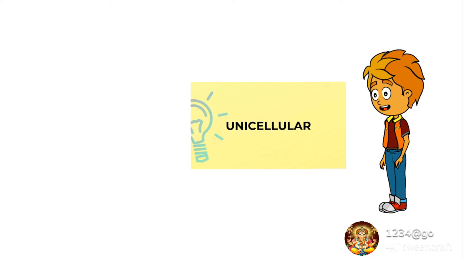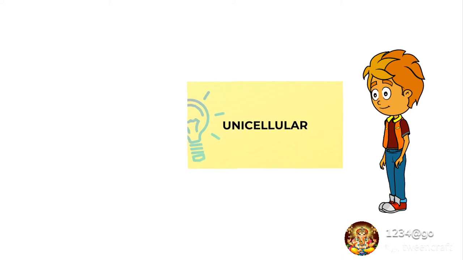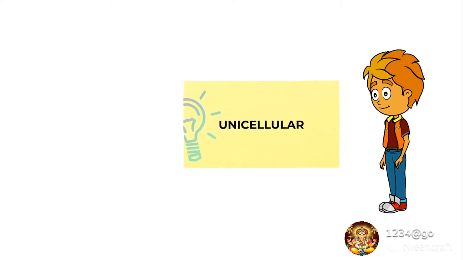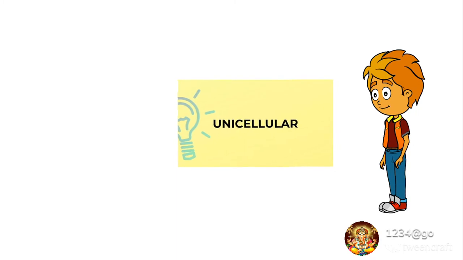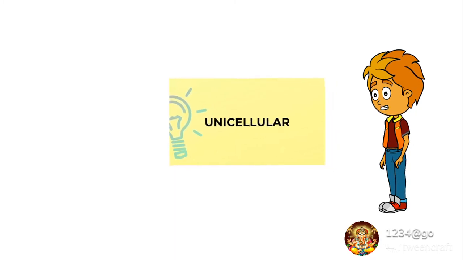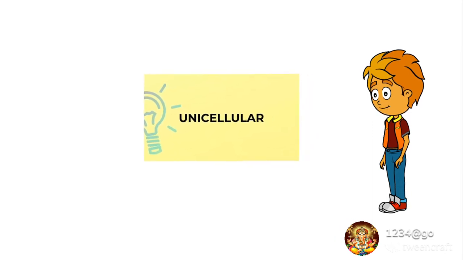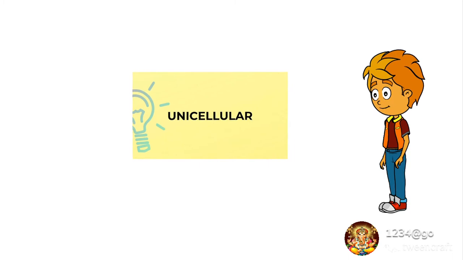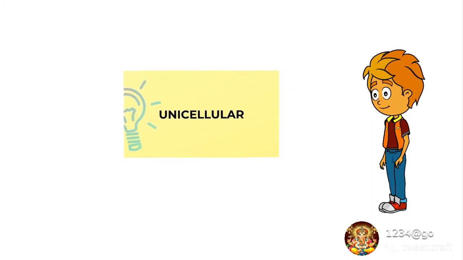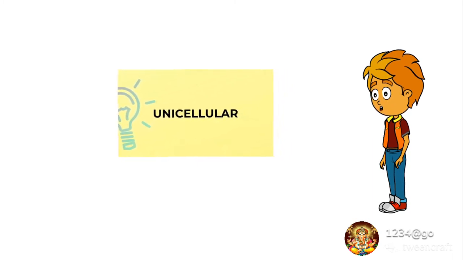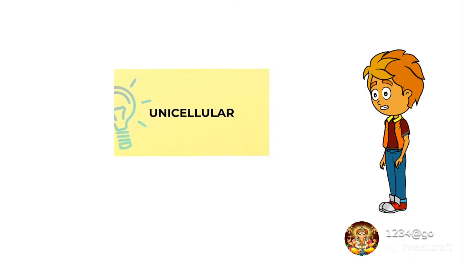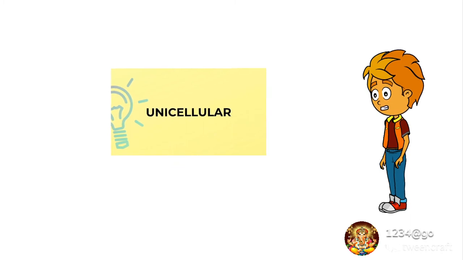Unicellular organisms. Single-celled organisms are known as unicellular organisms. Uni, which means one, like unicycle has only one wheel. Most are invisible without a microscope. Scientists believe they were the first forms of life on Earth. Although they are only one cell, they are complex. The more we learn about them, the more marvelous we find them to be.